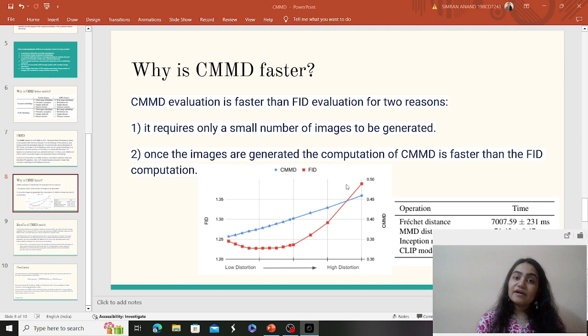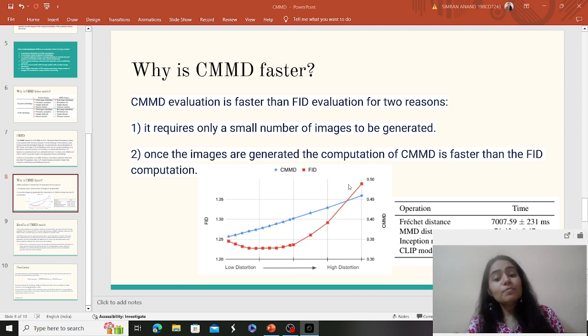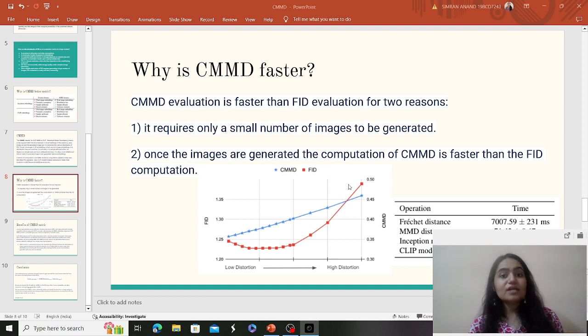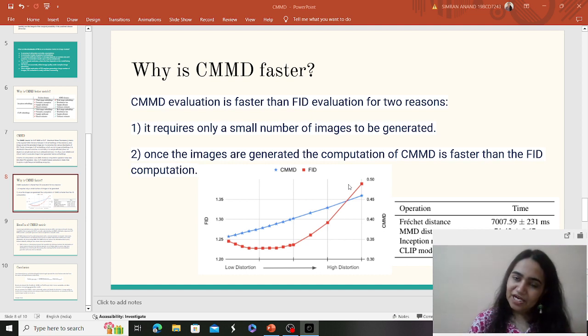And that is a very evident case also, that when you're having distortions, even by the human eye, even with the human evaluation, don't undermine it. I would come back to that in the conclusion part, where I would highly emphasize that human evaluation is the golden standard of evaluation. Although there are different evaluation metrics like CMMD, FID, IS, KID, and so on, don't undermine human evaluation, because human evaluation is what you're seeing with the human eye, making the observations.